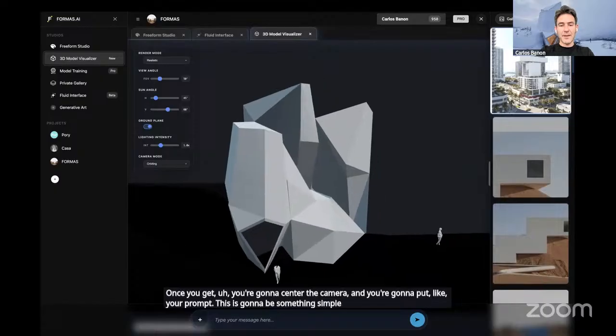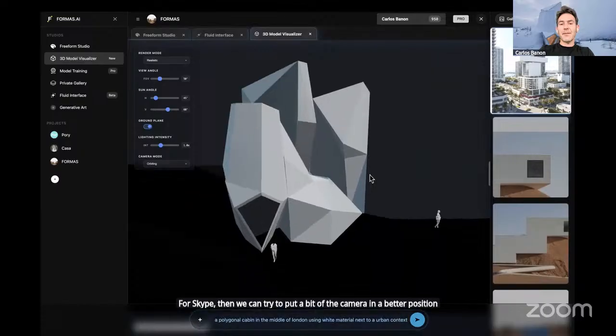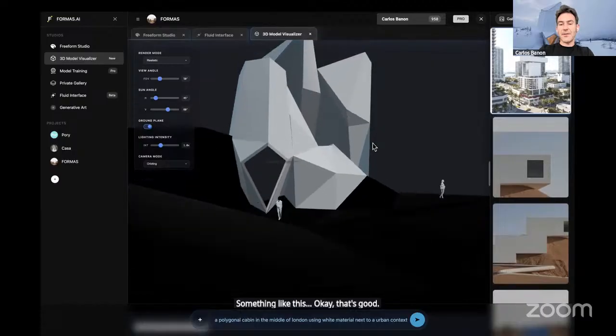I put something like "polygonal cabin in middle of London using white material next to urban sky." Then we can put the camera in a better position, something like this. Okay, that's good. And then just tell it to generate.